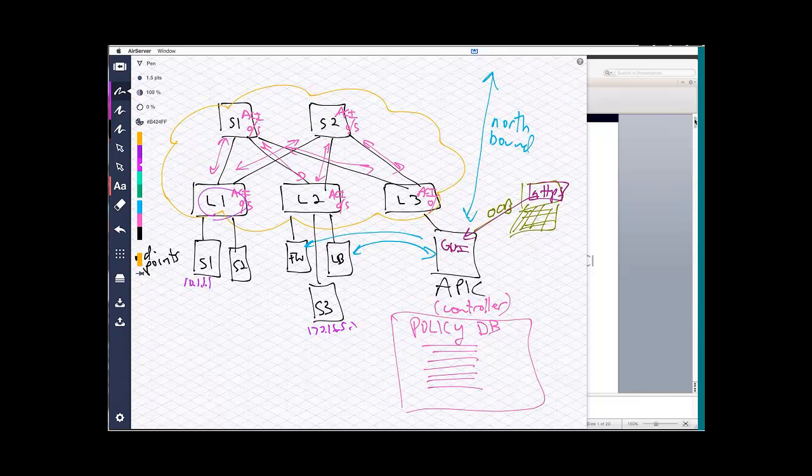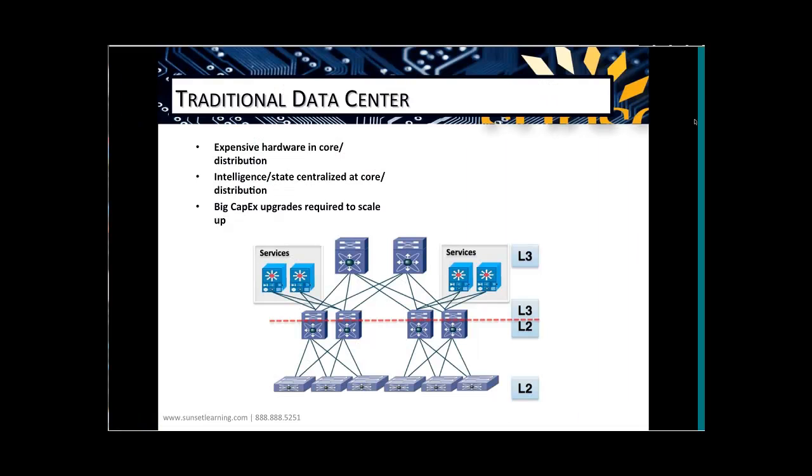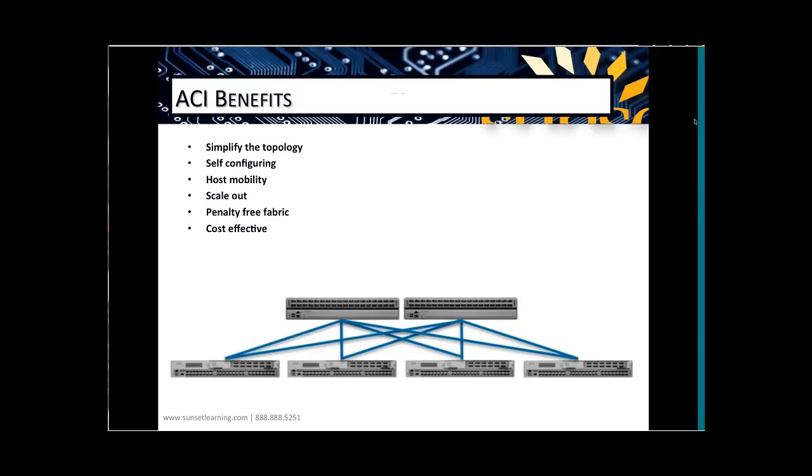Leaf 1 will actually become the default gateway for server 1. Leaf 2 will become the default gateway for server 2. But besides that, there is just a tunnel that's going to be built between those two leaves, and we can send any traffic we want into that tunnel. And so we're able to maintain layer 2 adjacency, and therefore we're able to bring down the cost of the infrastructure. So the Nexus 9Ks, you guys, are the